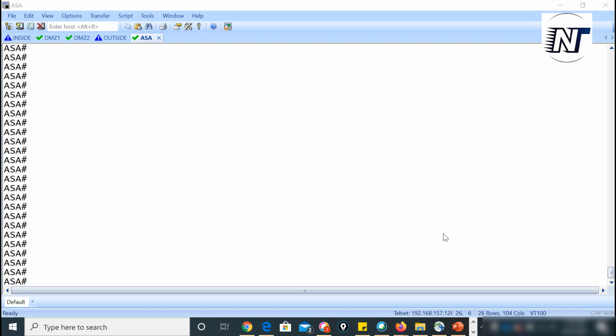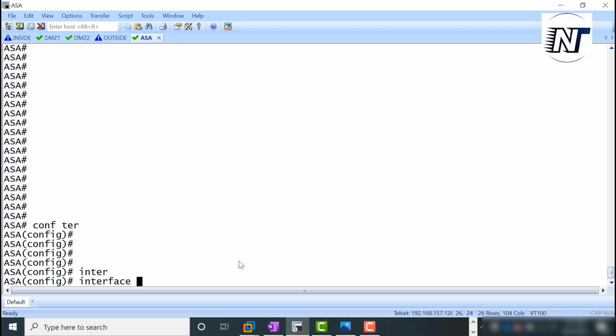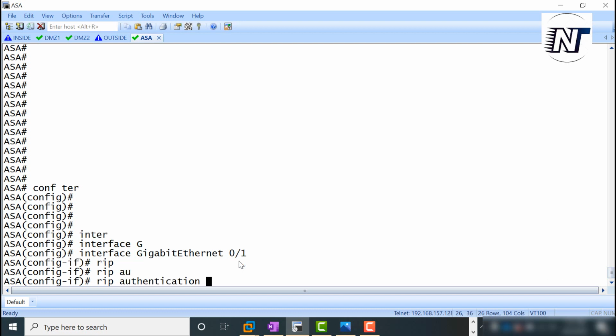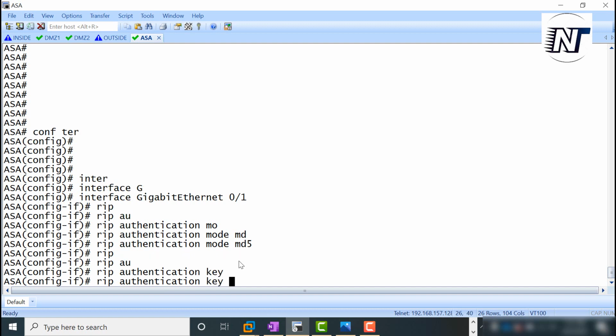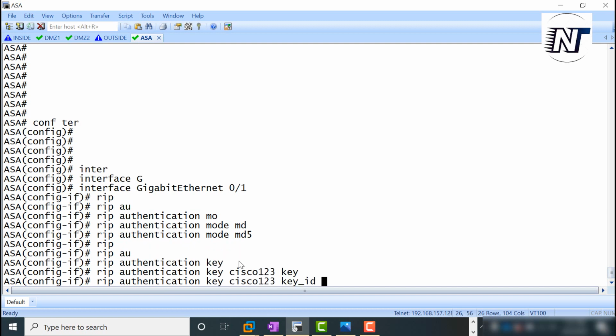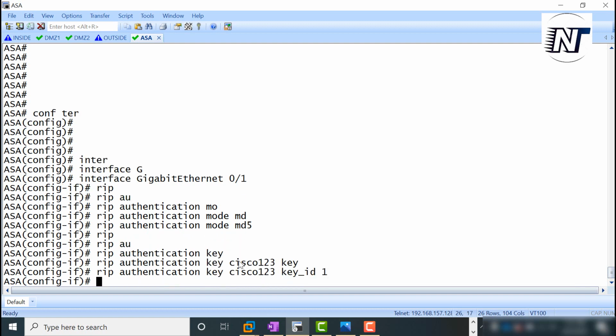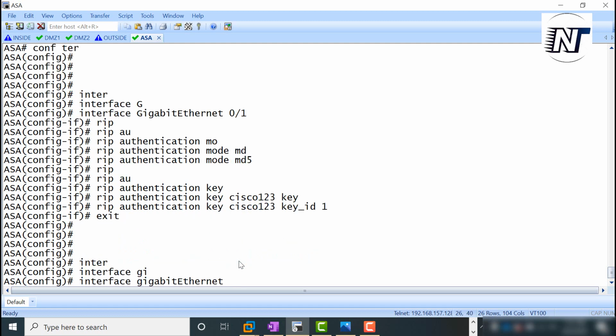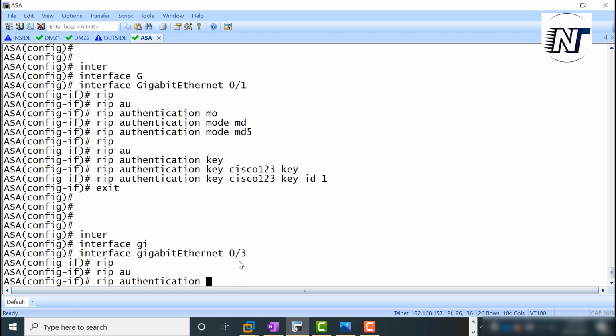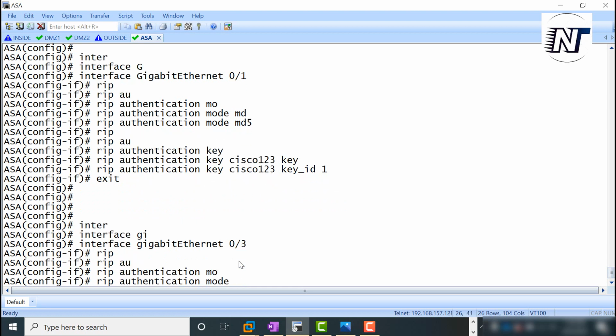So here we'll go to configure terminal, interface gig 0/1, rip authentication mode md5. Next, rip authentication key Cisco123 key-id 1. Yes, exit.